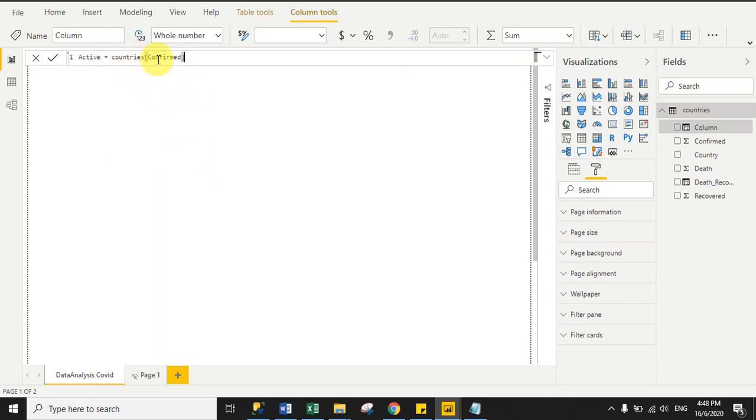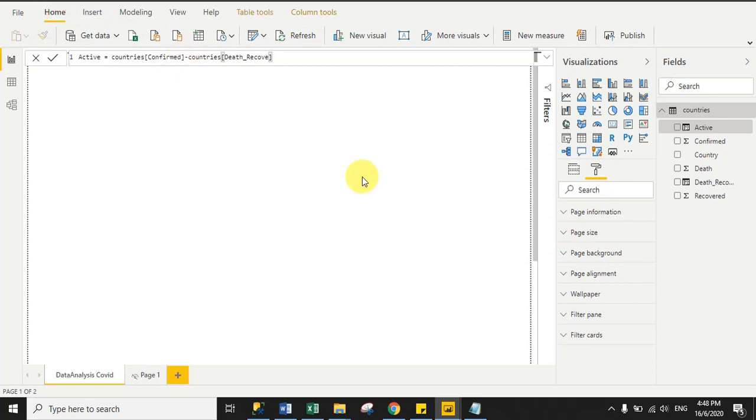So this is the confirmed column minus the sum of death and recover, right? So when we subtract the sum of death and recover from confirmed cases, then we will get the active count, right? Then click commit. So you can see here we successfully got the active count, right?